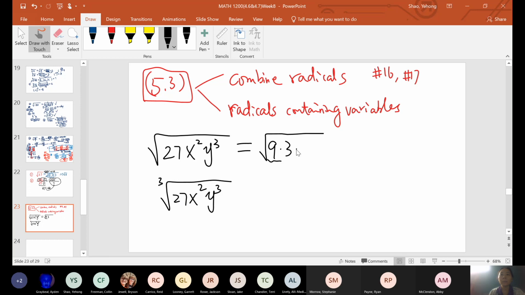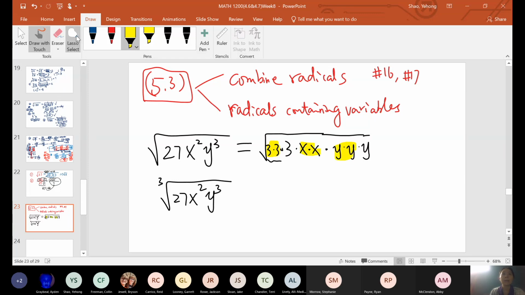And x squared, now I'm going to break it down as x times x, y third, y times y times y. So the idea is very similar. Maybe I should go ahead and just put 3 times 3 here to be consistent. Okay, so whenever we simplify radical square root of anything, we try to find 2 copies to take it out. So like these two,